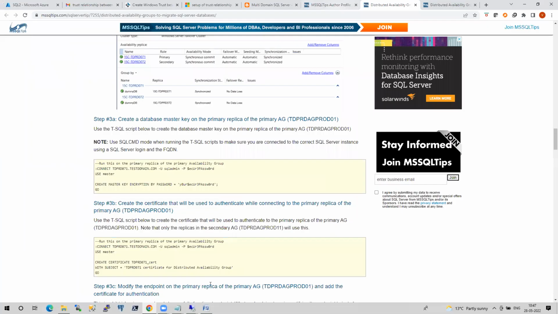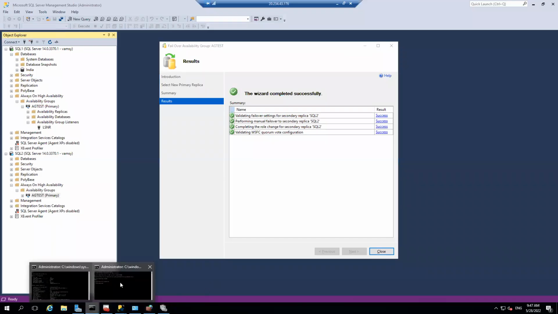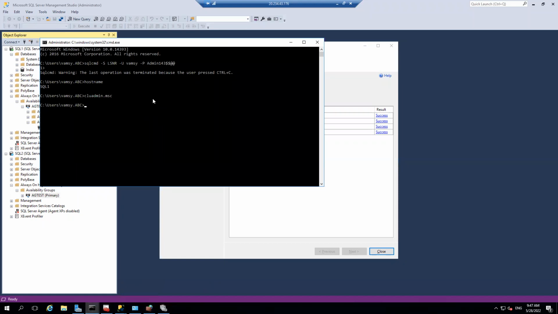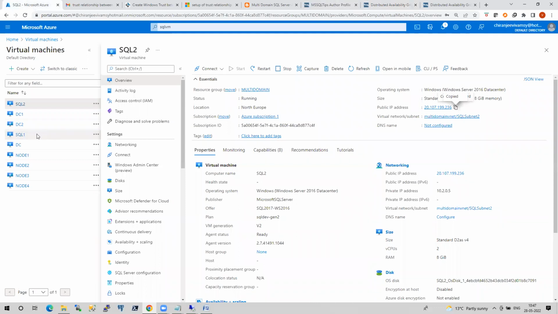Okay, from node 1, it should not connect. Because this is the proof that we were able to connect earlier. Now it should not connect. As expected. So now what we missed, since we are on multi-subnet, is we have to go